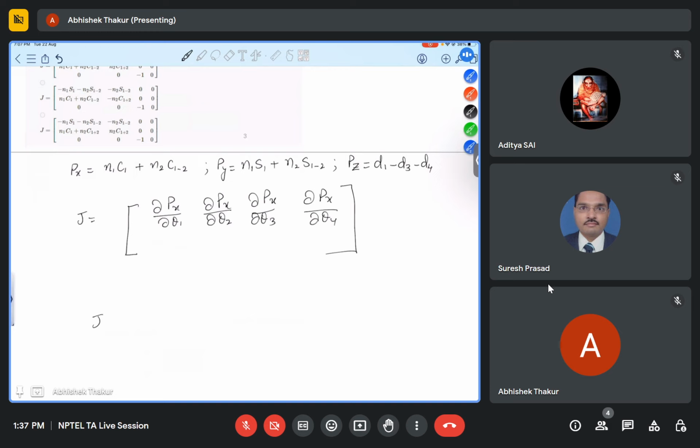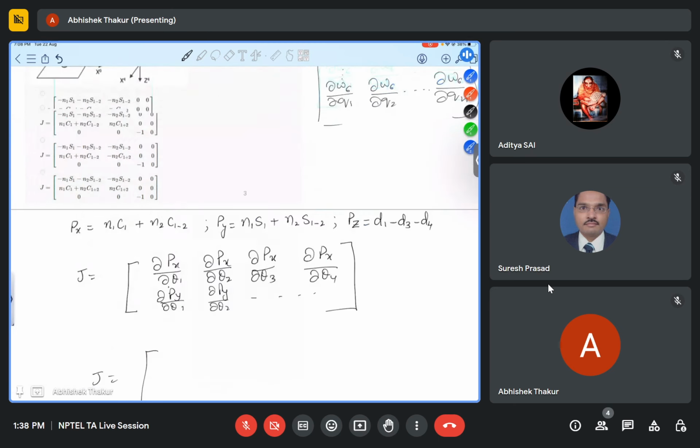In the first row, when you do del px by theta 1, you will get, and similarly you can do del py by del theta 1, del py by del theta 2, like that. So in the first row, when you do del px by del theta 1, it will be,